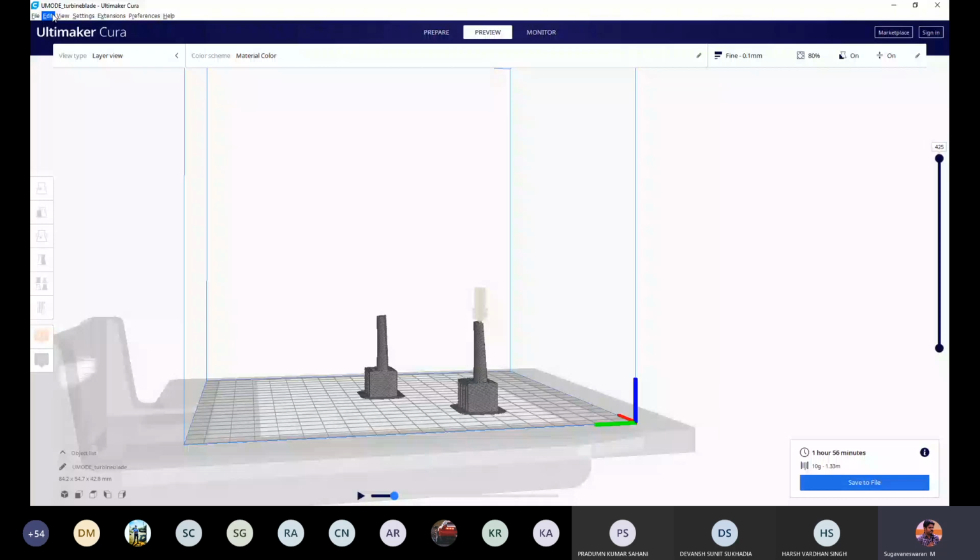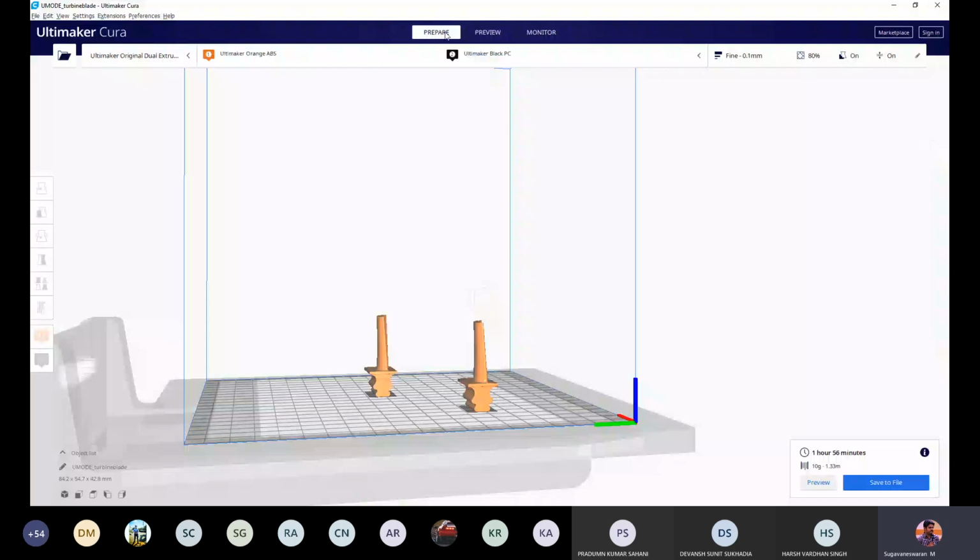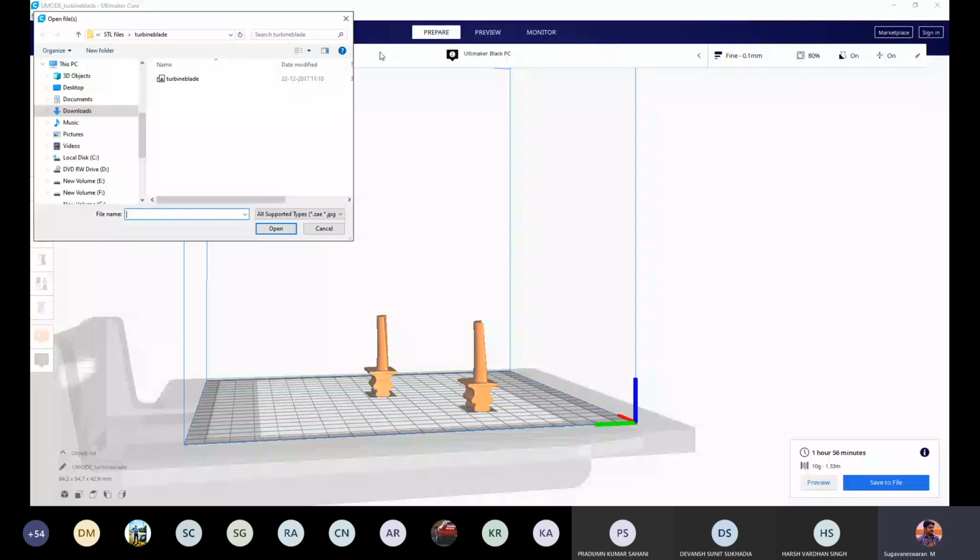Now again we go to prepare. Keep it in prepare. Go to the folder. You can open. Prior to that, you can see at the bottom, time taken is 1 hour and the material consumption is 10 gram, right?